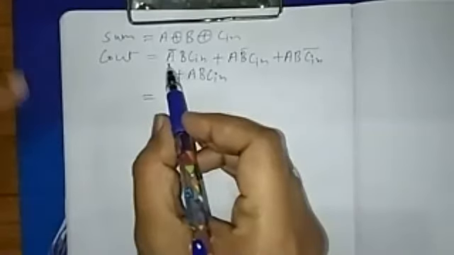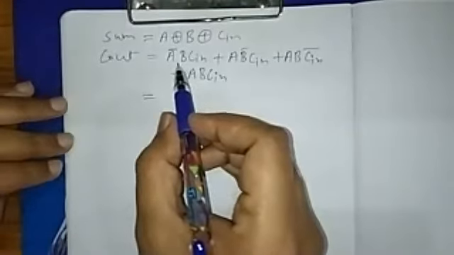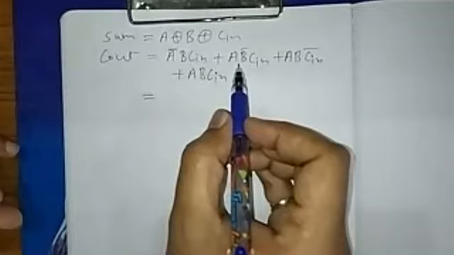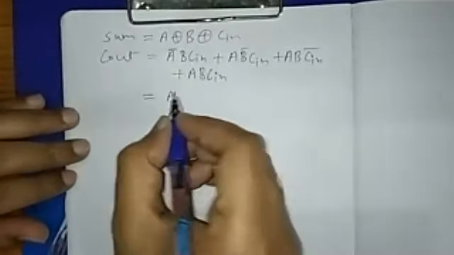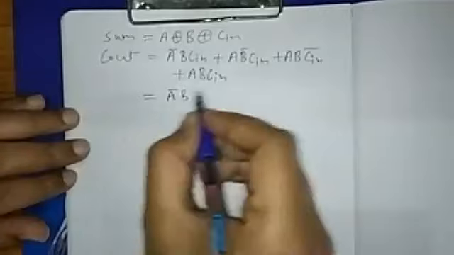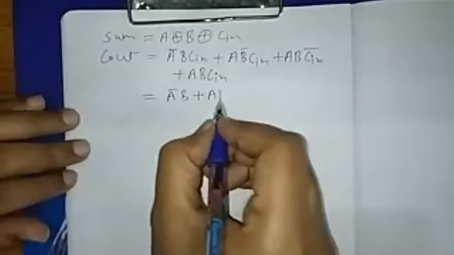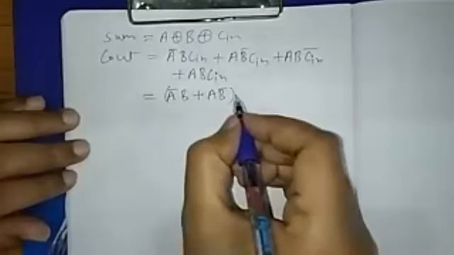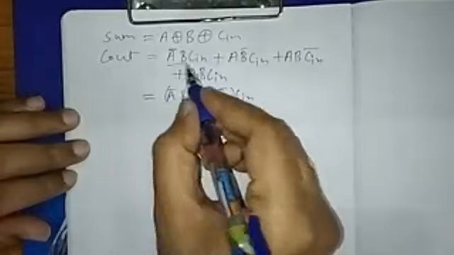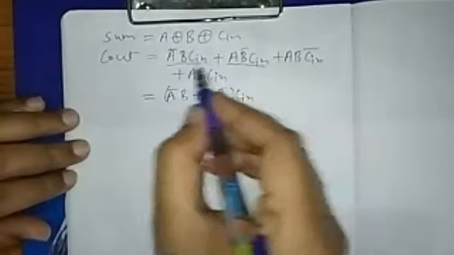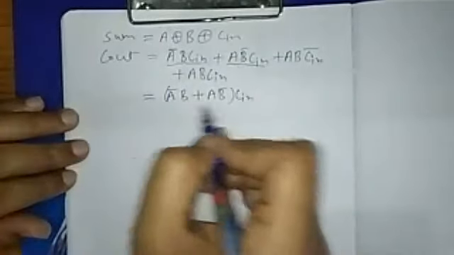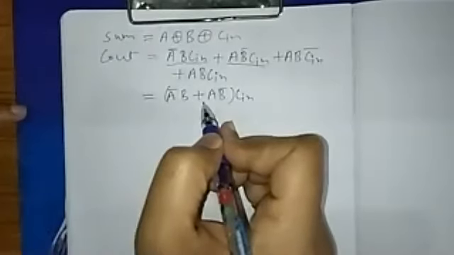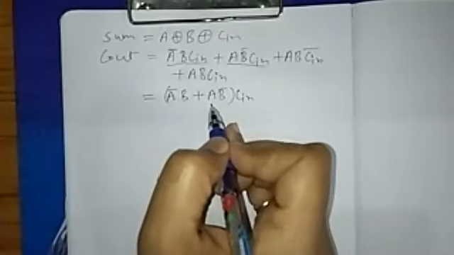These are the possibilities. Okay, from this now, if I can get A bar B and A B bar, and A B are the two inputs for the half adders, from that I can get one of the expressions. Therefore I will take Cn common here. I will take Cn common from these two, A bar B and A B bar, and this is an XOR expression, and this is one of the terms coming from one half adder. For that I will keep this.